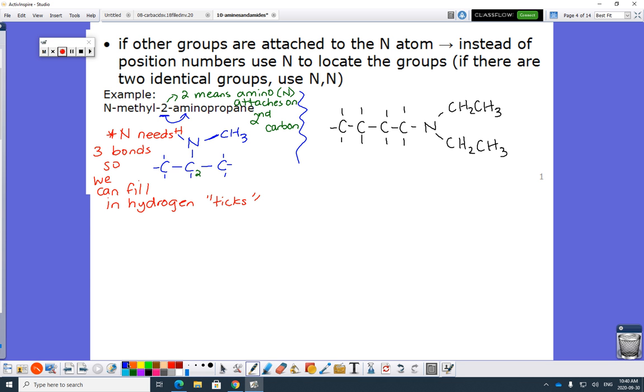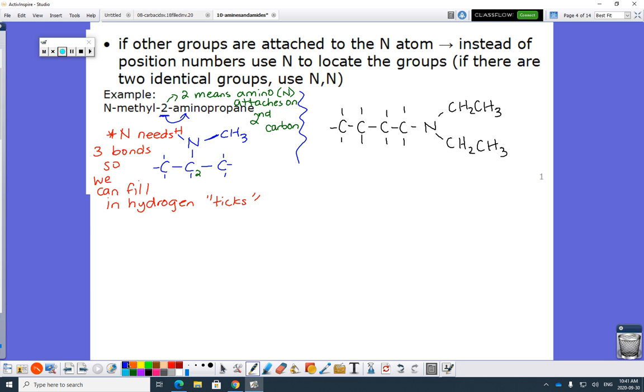Carbon. You're welcome. Okay, so now over here, it's up to you if you want to put the ethyls first or you want to put the aminobutane part first. So again, the longest chain, just like we've been doing, is the parent. So you either write aminobutane or butanamine at the end. And then this nitrogen has this group attached and this group attached to it. So these are both 2s. So you can write